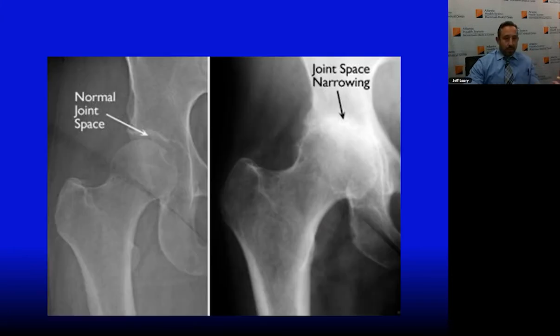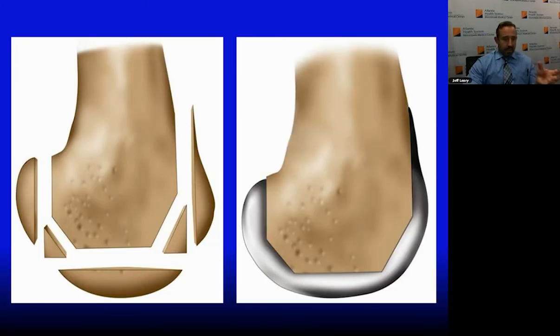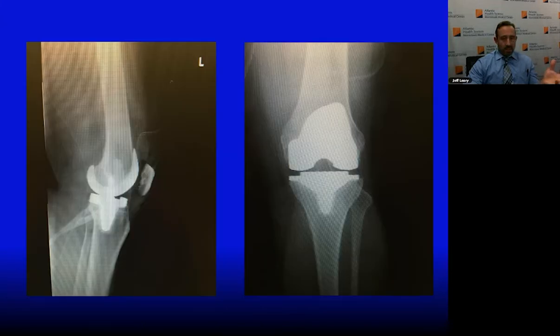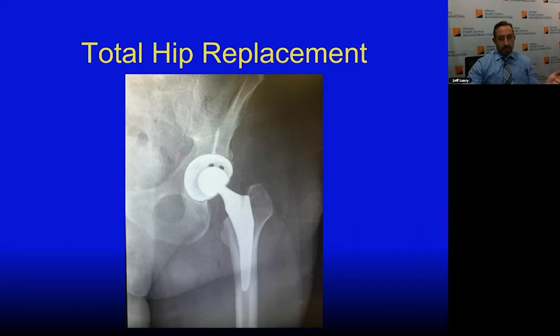The same thing goes for hip arthritis leading to hip replacement, where you have severe arthritis, loss of joint space, poor function, pain, and then leading to knee replacement. And again, this is not a talk specifically about the technique, but understand that a knee replacement is essentially a resurfacing for the knee. It's a common misconception. What that looks like there is we're just restoring the joint surface with a metal articular surface as opposed to cartilage. Same thing goes for hip replacement. We're replacing a new femoral head, new socket. And again, I'm not going to get into the actual techniques and implants tonight. That's not what this topic is, but I just want to make sure everybody understands what we're talking about when we're talking about hip and knee replacement.